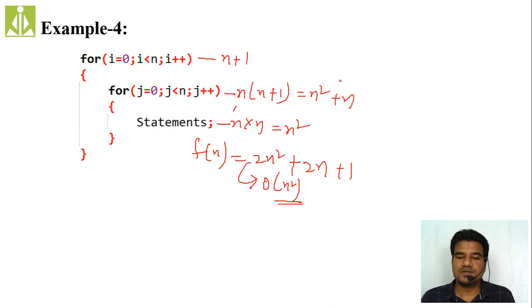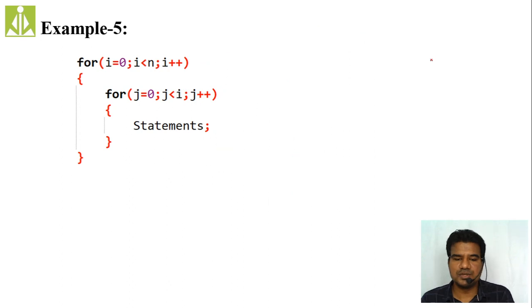So for the space function s of n, how many variables? 3 variables, so it will be 3. No array, so order of 1. So like this. Hopefully you understood. So next